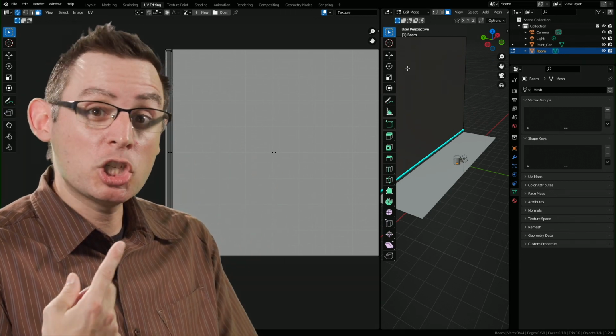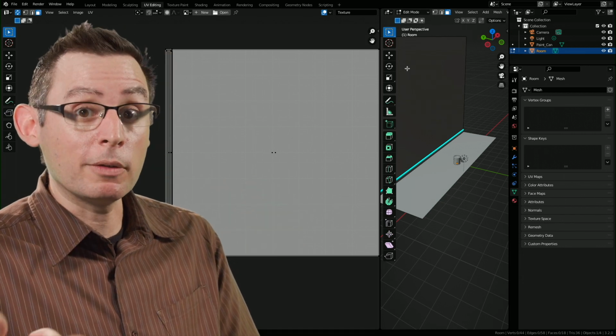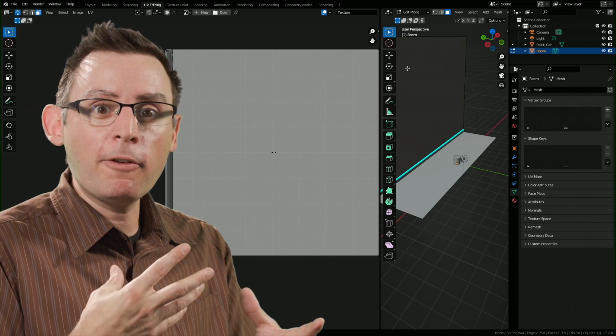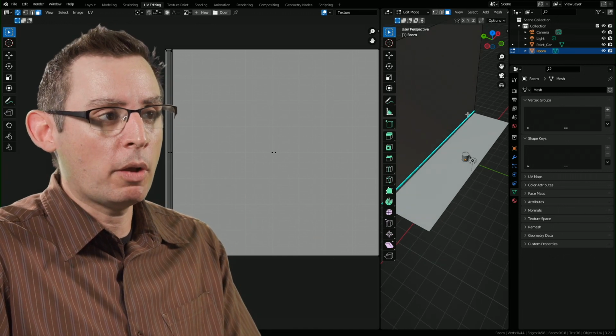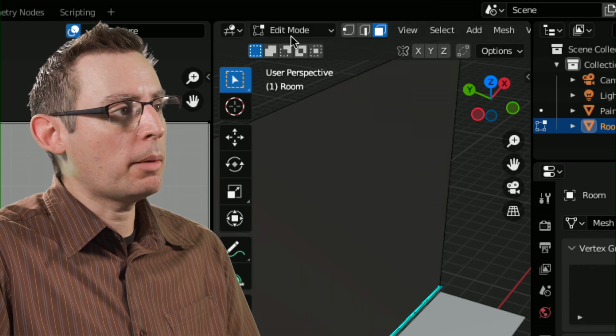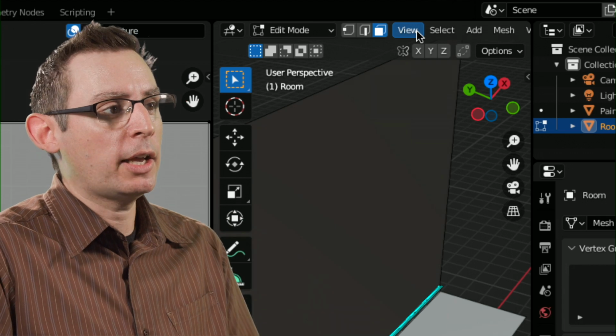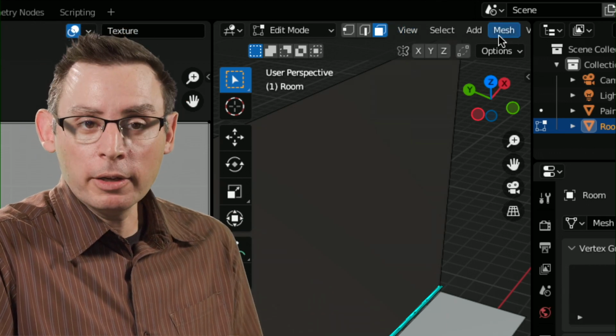Like specifically, I want to change my viewport shading style from solid preview into material preview so I can begin to see the benefits of all of these textures showing up on the polygons. Well, at the moment, I've got a huge problem. All of the viewport options that allow me to change the shading styles are seemingly gone. Well, they're not